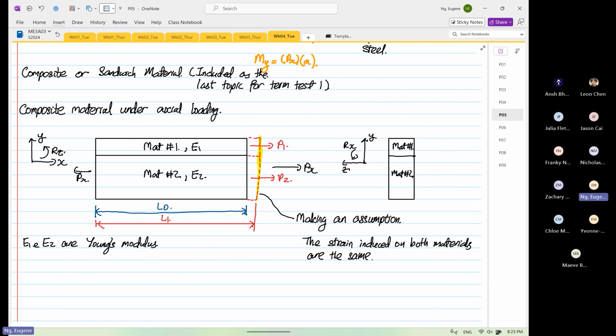We just make this assumption to simplify our calculation. That's all. Also, this assumption can only be made, and the other thing we're also going to assume, is if